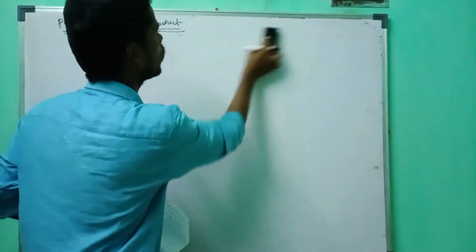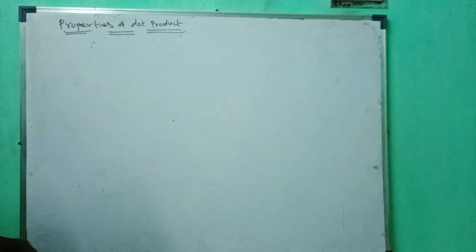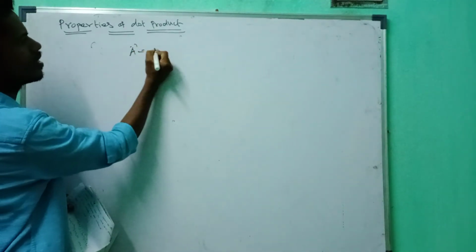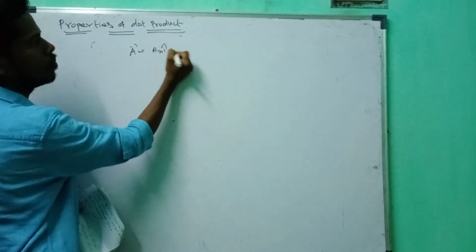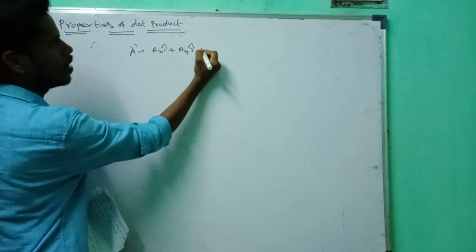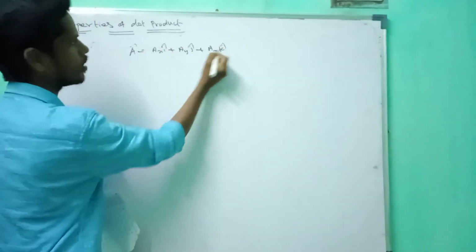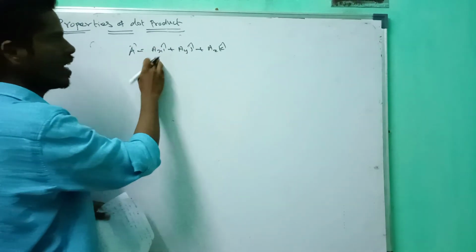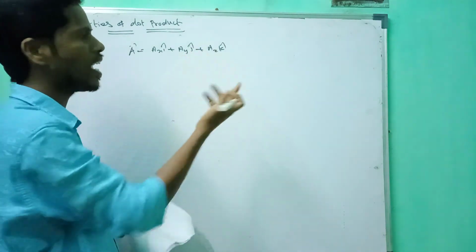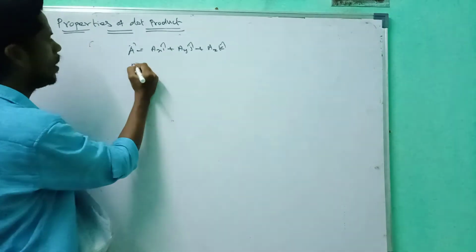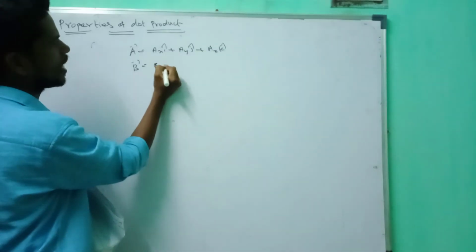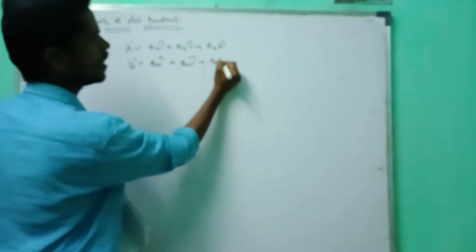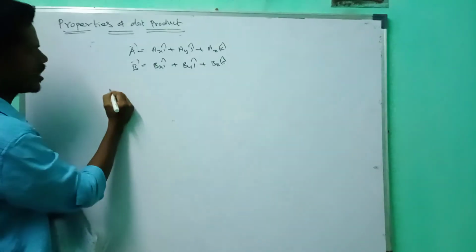Okay, nice. Then the next very important point: the dot product of the components of vectors. We know very well, as I have already said, the components of a vector, which is nothing but ax i cap plus ay j cap plus az k cap. This is for three dimensions. Again, b vector equals bx i cap plus by j cap plus bz k cap. If you take the dot product, what happens?